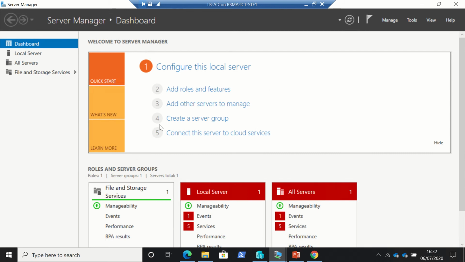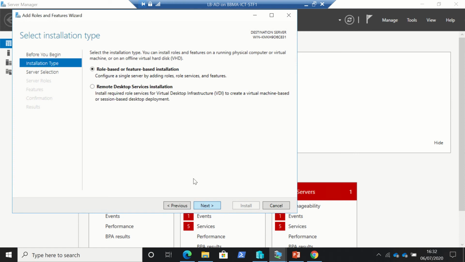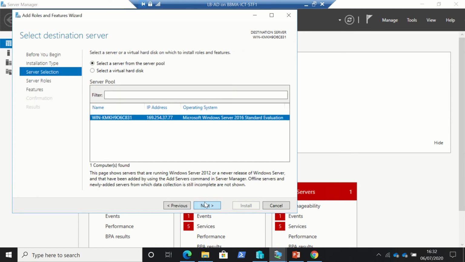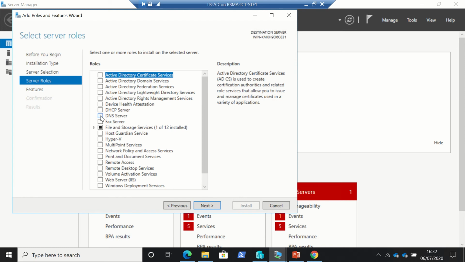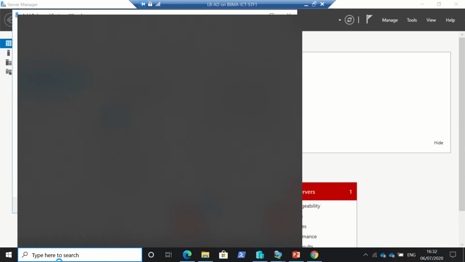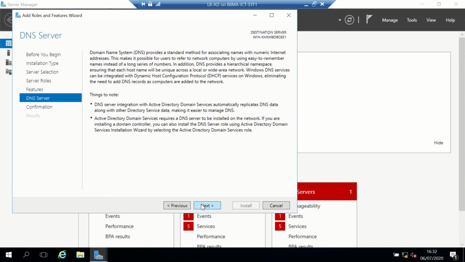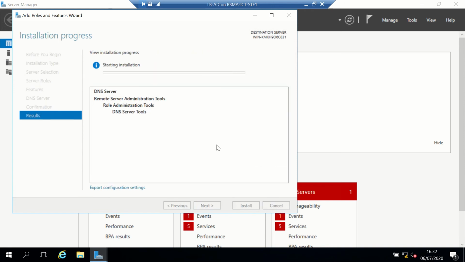So I've loaded up Server Manager. I'm going to add the roles and features. I'm going to go through. It's a role-based or feature-based installation. The only server in here at the moment is the one it's on, and then I'm just going to click on DNS. Then it's got the management tools, and I do want to add them. I could untick this box, but generally you do want all the tools. Okay, and I'm just going to press next again, next, and then I'm just going to confirm, and it'll start